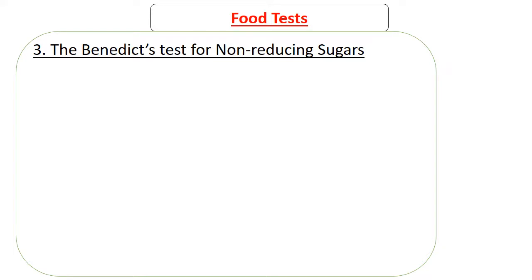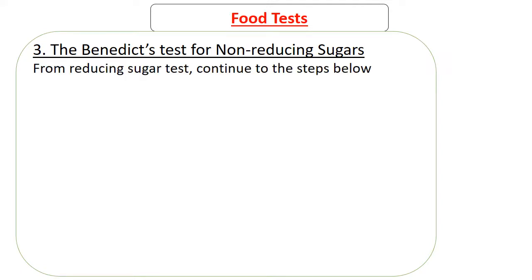So continue to the Benedict test for non-reducing sugars. When you are done with testing for reducing sugars and you discover that there is no reducing sugar, you might need to test if there are non-reducing sugars. So what you do again, you start the procedure, but before you start doing the test for reducing sugar as prescribed in the previous methodology, what you have to do is